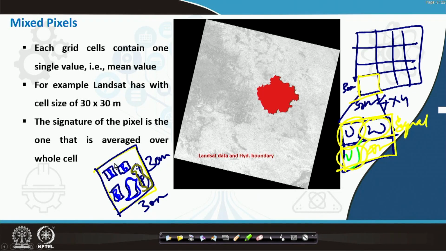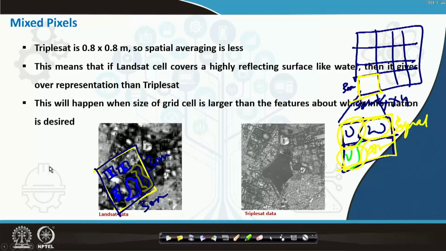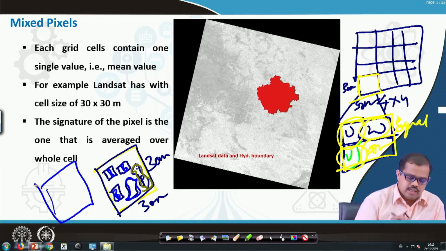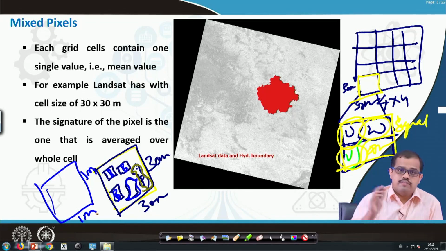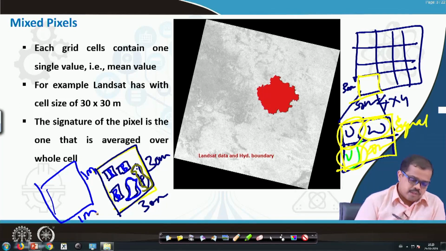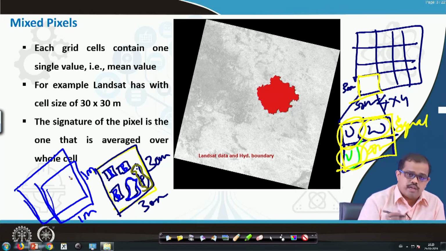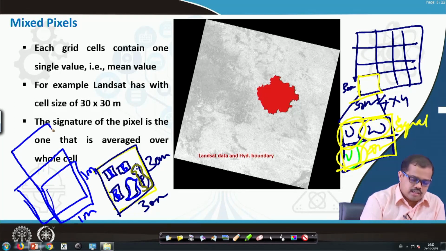Whereas when you are looking at other regions, let us say if I apply the same thing to 1 meter by 1 meter data, this is 30 meter by 30 meter data, the same pixel I have it here, but it is 1 meter by 1 meter data from a different satellite. Let me consider it to be one of the TripleSat satellites, which is 80 centimeter data, resampled to 1 meter. Now I have 1 meter by 1 meter data. So for this 1 meter data, this particular building may be falling in maybe 3, 4, 5 pixels of this image. This may be another pixel, this may be another pixel, this may be another pixel.